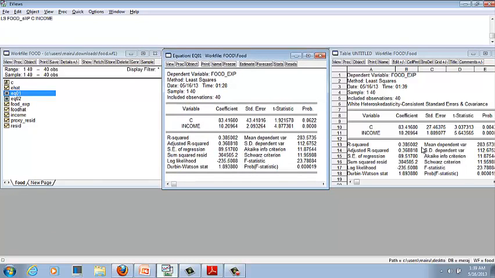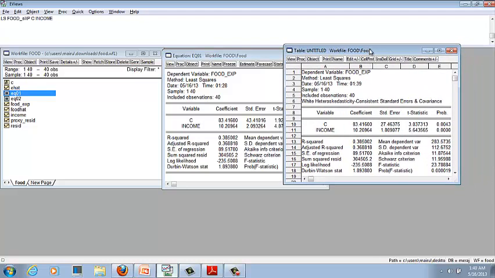If we compare the standard errors from both of the regressions, in the first one, where it is not standardized, the standard error of the intercept is too high, that is 43.410, and in the second regression, when the standard error is standardized, it becomes 27.467. It means it is quite consistent.